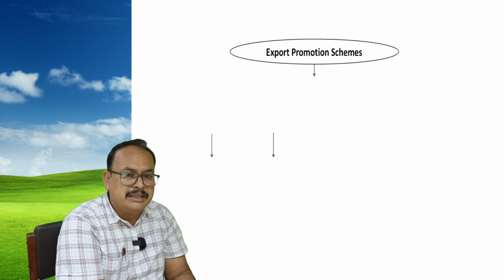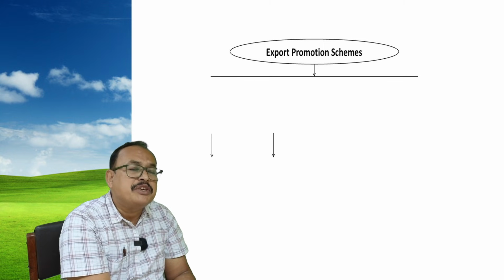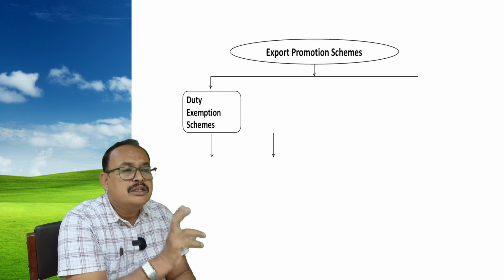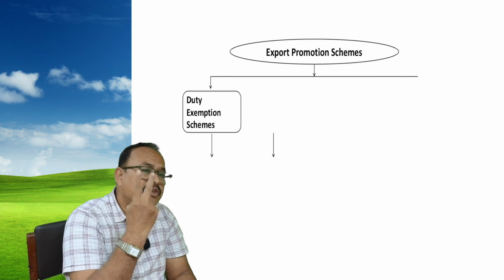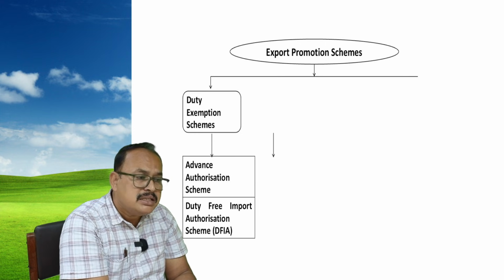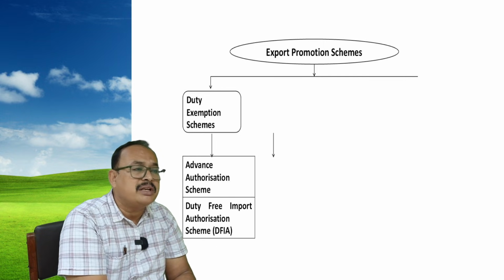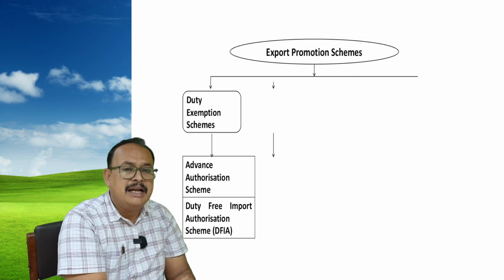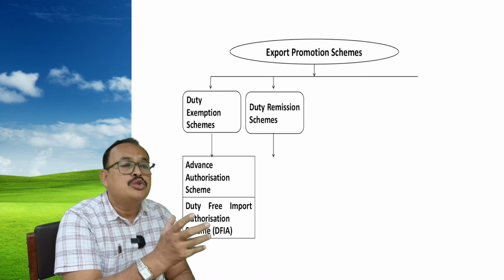If you refer here, my dear sir, in the slide, you come across first and foremost the duty exemption schemes. Under that, we have two schemes. One is called Advance Authorization Scheme, and another one is called Duty Free Import Authorization Scheme. On the other hand, one more scheme is called Duty Remission Scheme, which is none other than duty drawback